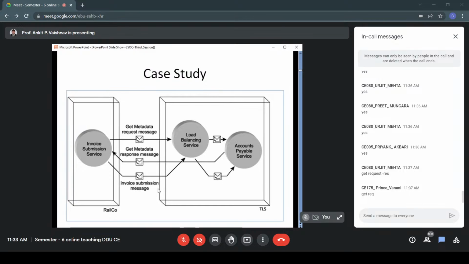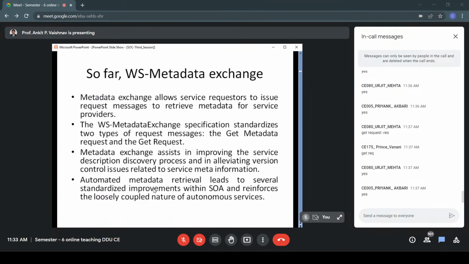So this is how you can remember. Before you send your first message, you have to first get metadata. And in terms of WCF, you are adding your service reference, and that service reference is step number 1 that you are doing. Make sense? Adding service reference is step number 1, and then in step number 2, you are directly calling the service. So Microsoft has automated this, in one sense. Okay, fine. So this is the summary. As always, you can go through that later.